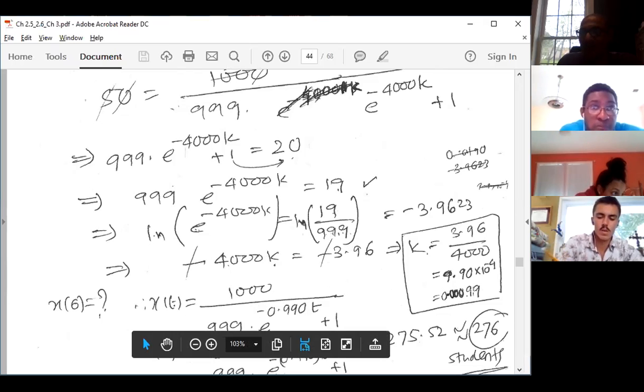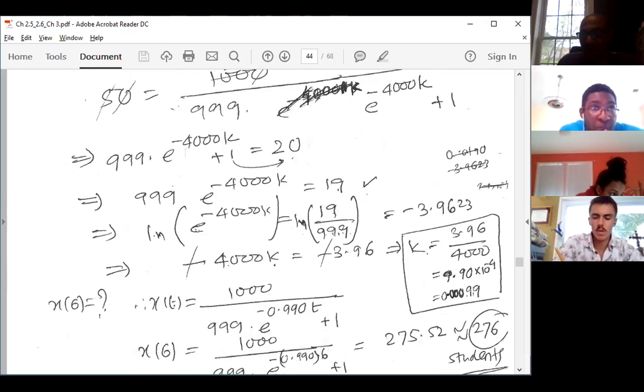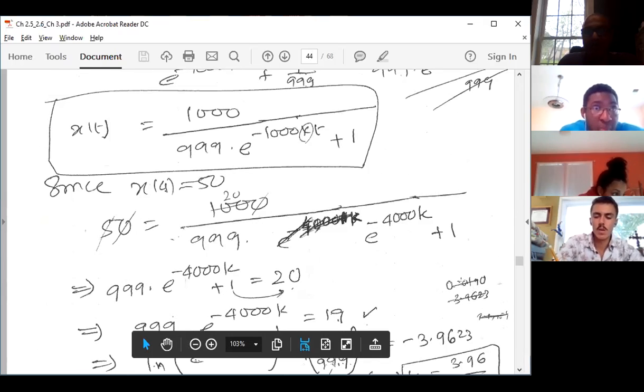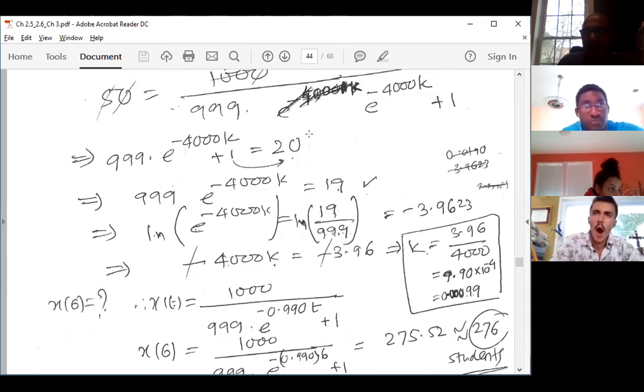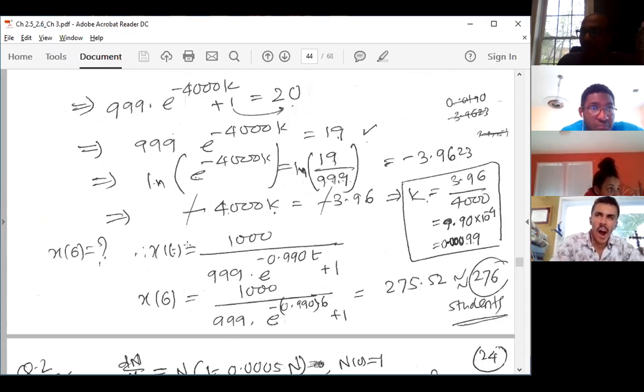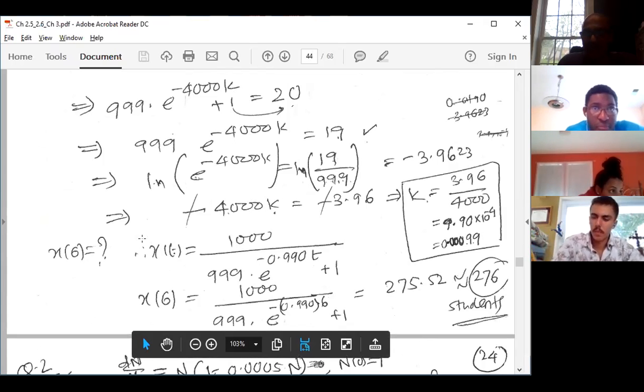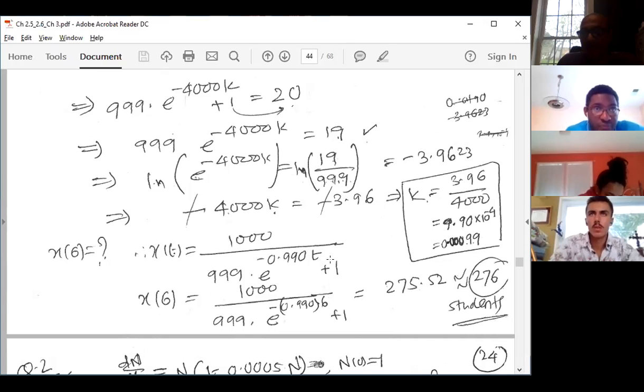you're going to get k equal to 0.00099. Use your calculator to get this number and go back and plug this value of k in your general form x(t). Just plug the value of k over here. So you're going to get x(t). After finding both of your constants k and c, your equation will look like this one, x(t) equal to this one. Once you find both of these constants,